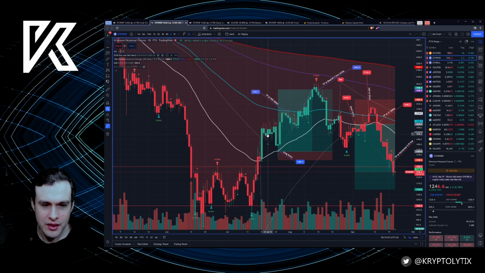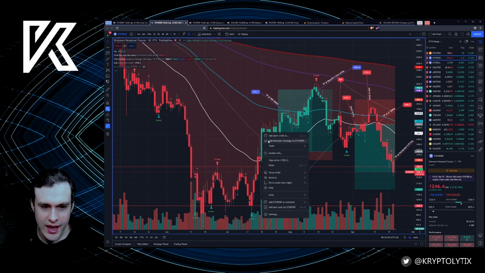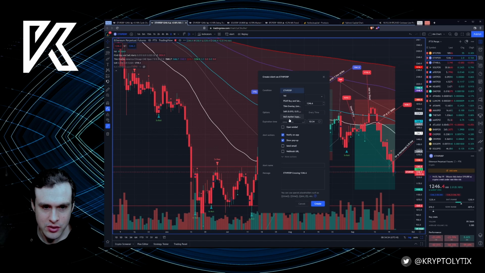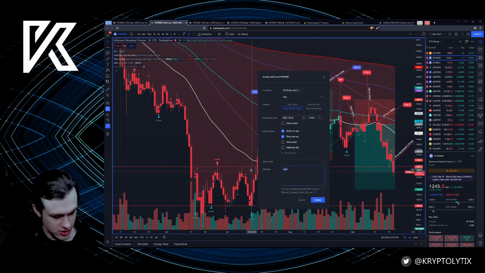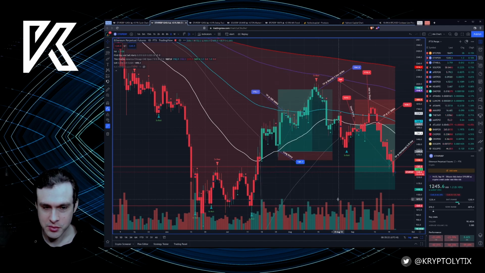And then the other thing you can do as well is add an alert. The way you do it is buy and sell here, and then once per bar close, because you would enter on close technically, but we're not going to do that because I'm going to show you where you enter. But you still want an alert so you know whether to do it, and you just go, for example, ETH, PSAR, long trade. So you just set yourself an alert, so you can see, okay, it's time to start getting ready,